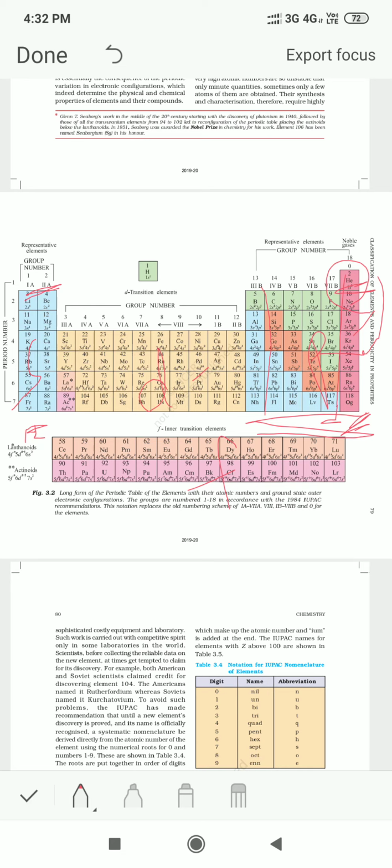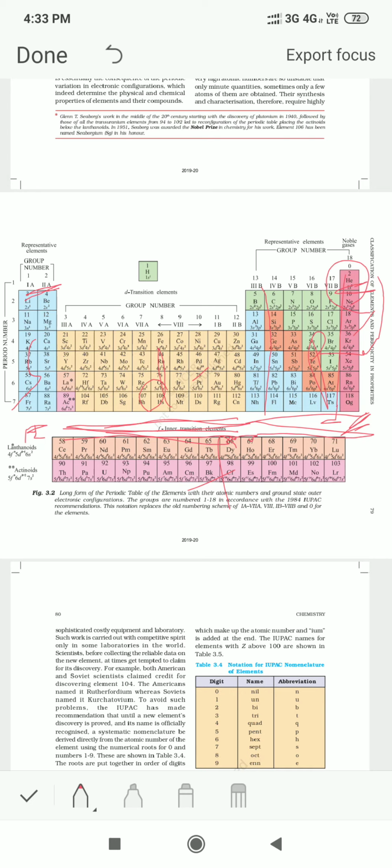Now elements belonging to the d block are those elements in which the d orbital is being filled. These elements, starting from group 3 to group 12, belong to the d block, because the last electron is entering the d orbital. You can see that there are 10 vertical columns in the d block because 10 electrons have to enter the d orbital. D can hold a maximum of 10 electrons.